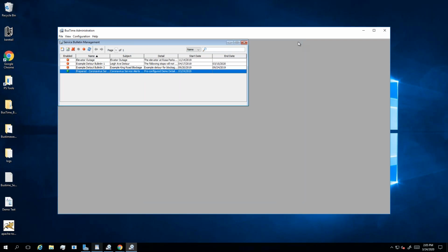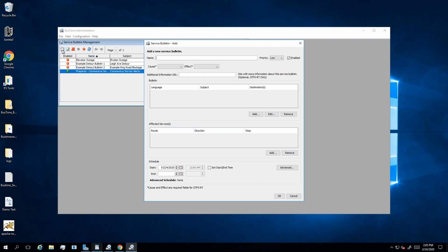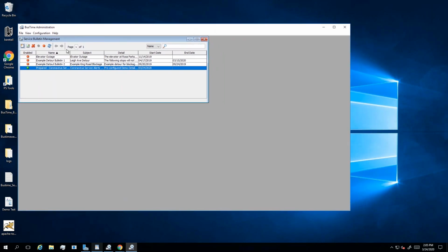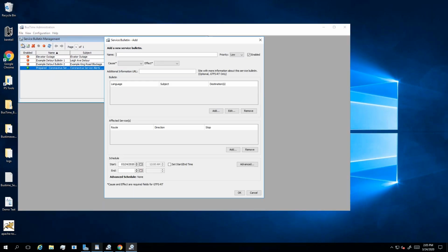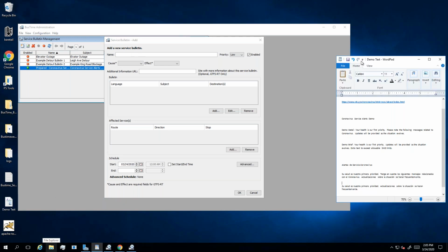But for this exercise, we'll initiate a new service bulletin and go through the steps from the very beginning. The leftmost icon is to add a new service bulletin. And we start by adding a name, and that's really for an internal reference in management. Let's toggle this over. For internal reference of the service bulletin, this name here. Copying, pasting some ideas just to keep this faster.